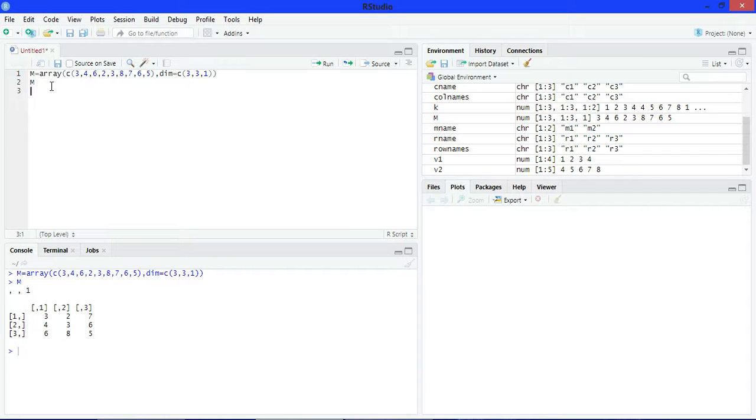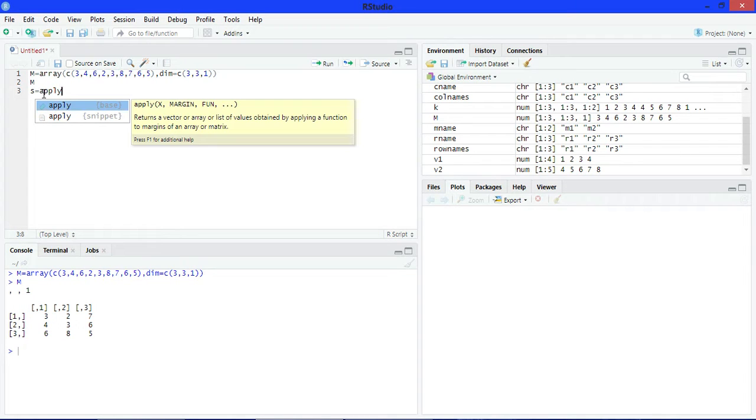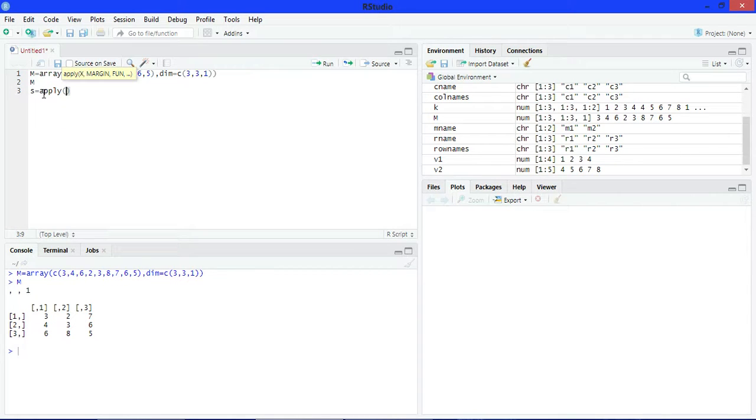Now we have to add this matrix row wise. So make a variable s is equal to, write apply, pass here the matrix, write here c, 1, sum.